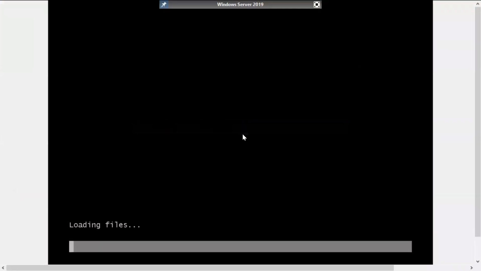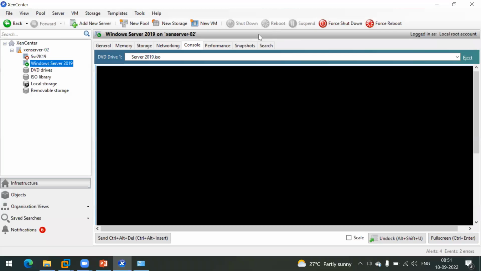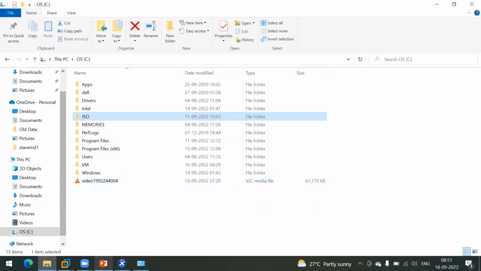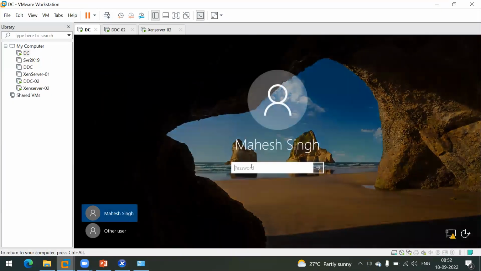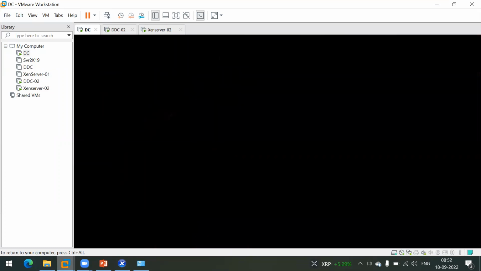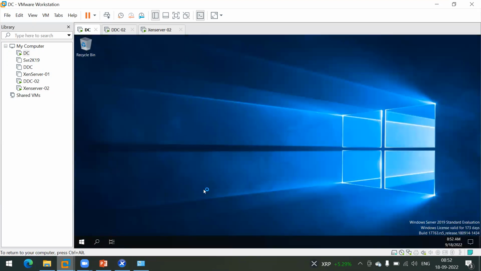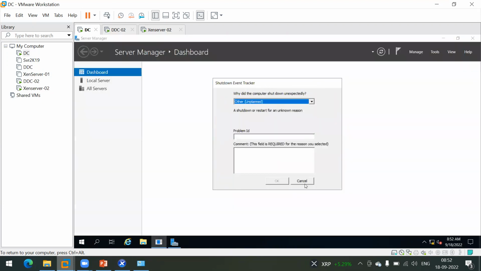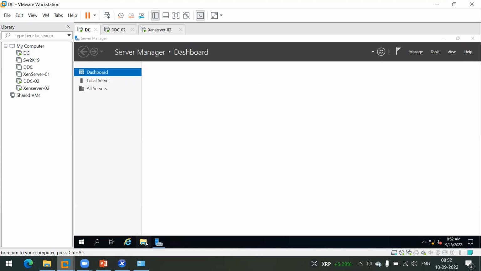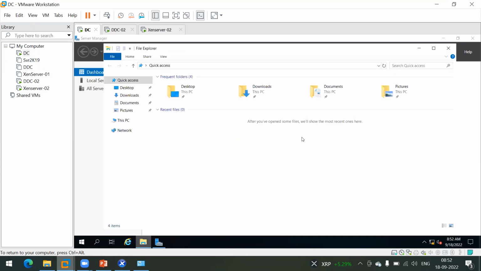This time it works. So maybe the problem was that I made some changes in my DHCP scope, so it might be going to the network boot first. And because I was working on the PVS console, to stream the virtual disk we have to make some changes in the DHCP scope. We have to open port number 67 and port number 11. So that might be a possible reason. Anyway,